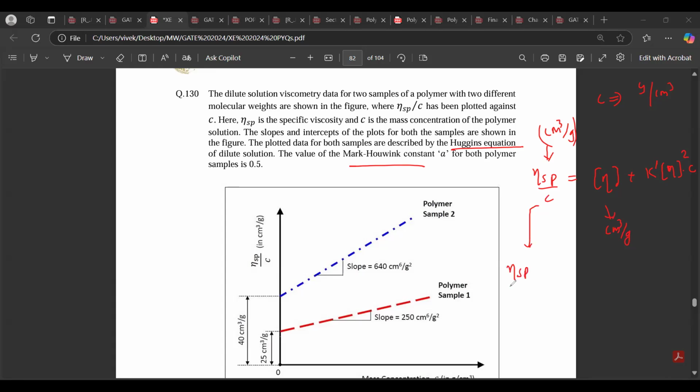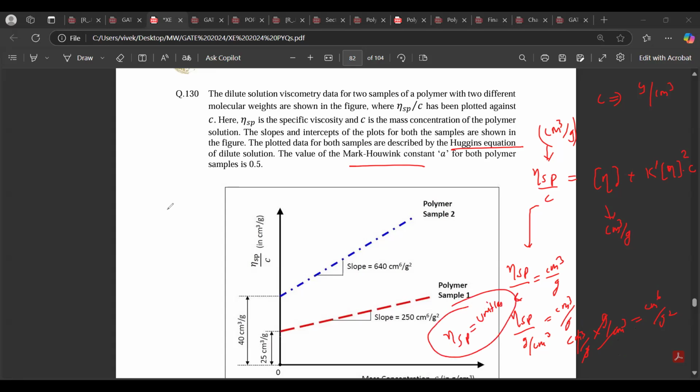Now, what is the unit of eta specific here? If eta specific by C equals centimeter cube by gram, then this C is what? Gram per centimeter cube, right? So eta specific by gram per centimeter cube equals centimeter cube by gram. Then centimeter cube by gram multiplied by centimeter cube by gram gives centimeter to the power 6 by gram square. Is it correct? No, sorry, it will be reversed. In this way, gram per centimeter cube, so it cancels out. So eta specific is just a unitless quantity